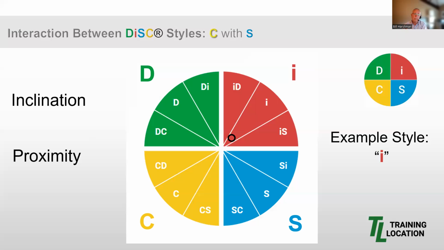Now, just as before, the inclination changed and the proximity moved even closer to both the D and the S quadrants. So it is a mix, and it's a bunch of variables that are changing constantly to get you to where your dot is. You might also find this style right here easier to stretch and adapt to other styles than the other two, the moderate or the strong.